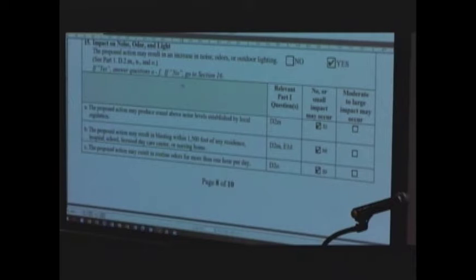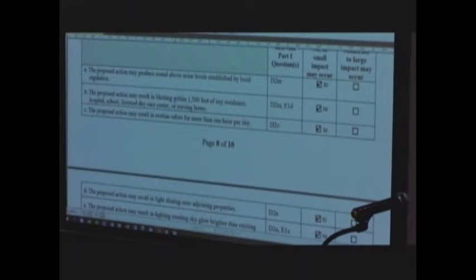Impact on noise, odor, and light. Generally, it's a short-term construction project, so there will be construction vehicles, backup alarms, that type of thing. It's a nominal impact, but it's a short-term one we've identified. And then odors, that's typically a small impact. It's a wastewater treatment plant, so we do anticipate that odors in a wastewater treatment plant are inherent. The town of Webster's plant, the odors are minimal.